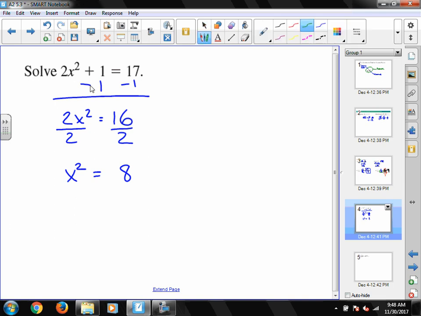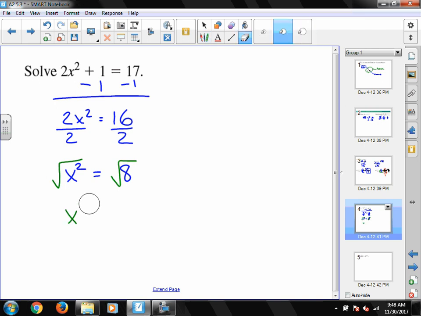And now, how do we undo squaring? Well, squaring and square roots are the exact opposite of each other, so they undo each other. So, we get that x, just regular x, is equal to the square root of 8. One thing you guys need to be aware of, anytime you put the square root in the problem, so I put this square root of 8 in there, you need to have plus or minus in front of it. The reason being,